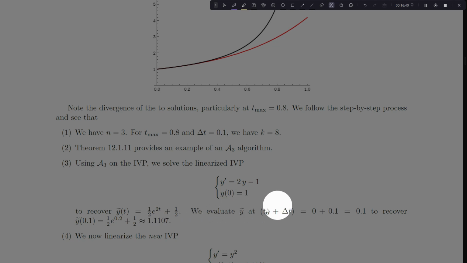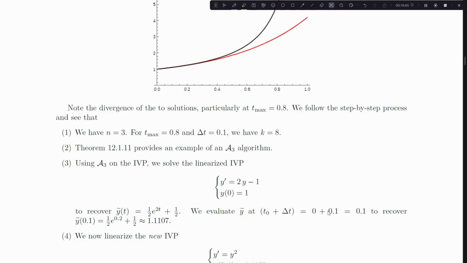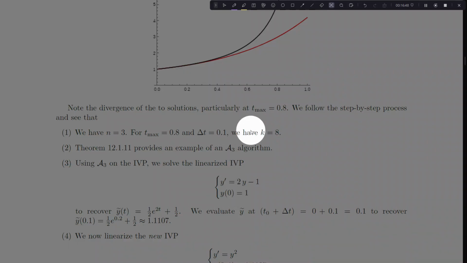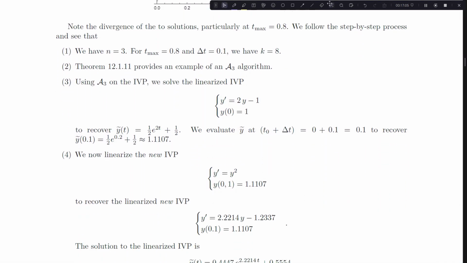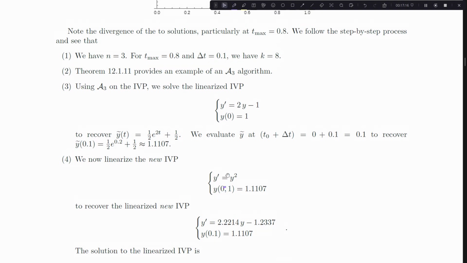Evaluating this approximate solution at t0 plus the time step, which happens to be 0 plus 0.1, right? Because we started at t0, our time step is 0.1. We evaluate the approximation at 0.1 and recover an approximate answer of 1.1107. Moving to step 4, we linearize a new IVP at 0.1. So we're linearizing now at the time 0.1,